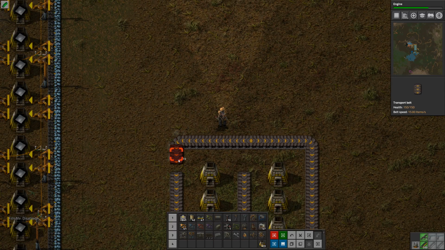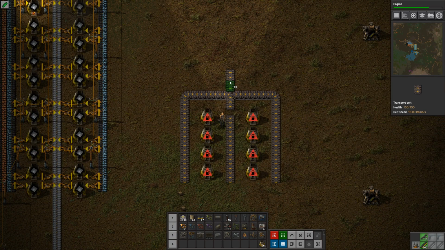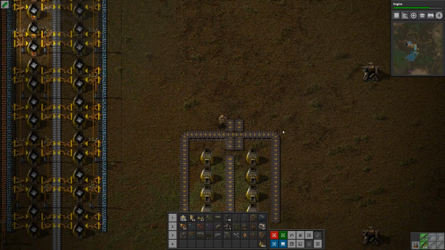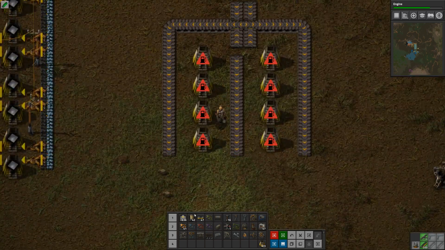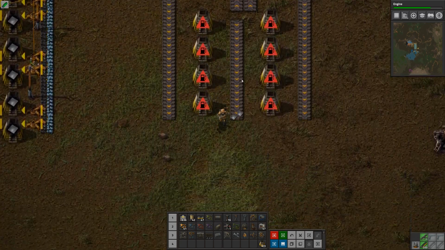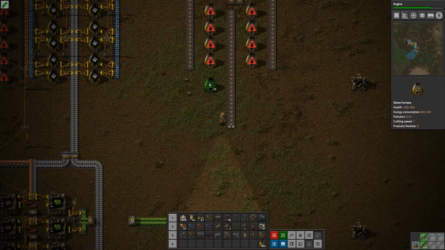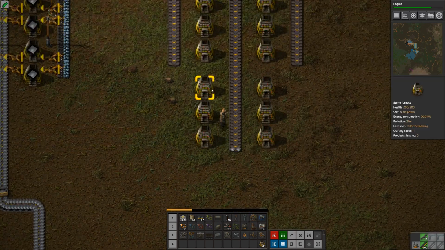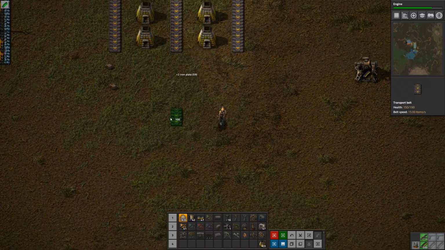I'm not going to put down any splitters, but you have your input for fuel and raw resource, and then you output plates here. So you have plates coming out here on this belt. Now you could do a second one like this. And what you could do is actually something like this, where